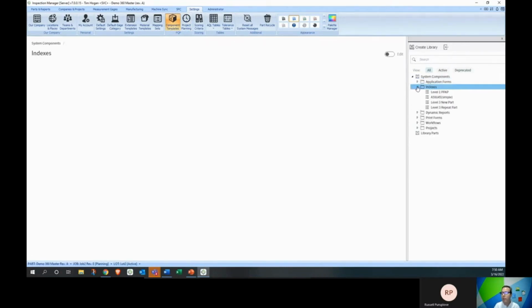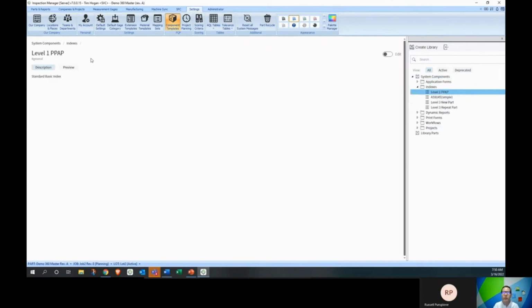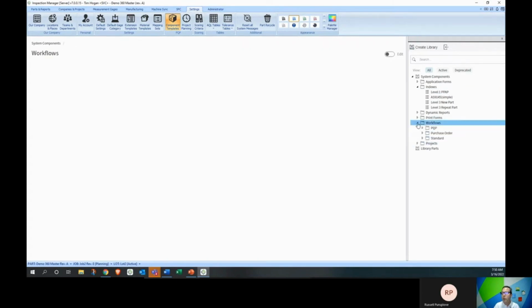Okay, for example, for the indices, we can look at our level 1 PPAP and see what it is right here. You saw it before when we were changing the index. Right here is where you'd actually go in and modify that index. Okay. Just wanted to show that to you, but what I wanted to talk about was actually workflows, because workflows